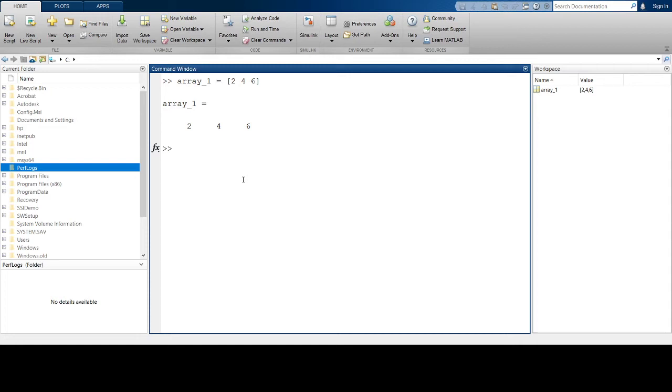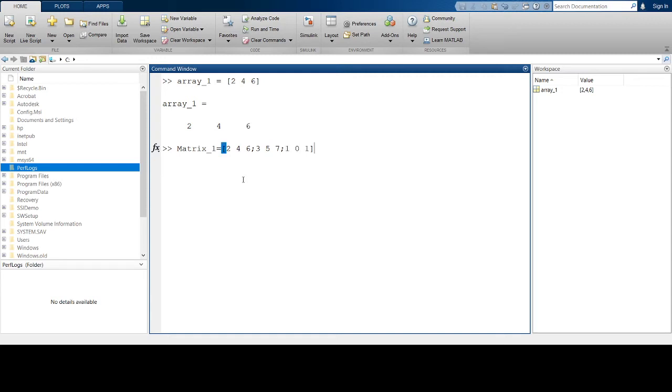A matrix, on the other hand, consists of an array having both rows and columns of numbers. And to divide rows and columns, you need to use the semicolon operator. So I could create a matrix, let's call it matrix_1. And in this matrix, I'll have 2, 4, 6 on the first row. And then I'm going to move to the second row and write another set of numbers, let's say 3, 5, 7. Then I'm going to move to another row and write the third set of numbers, which is 1, 0,